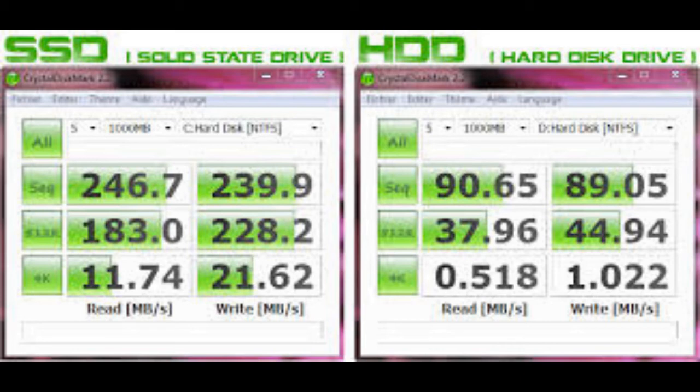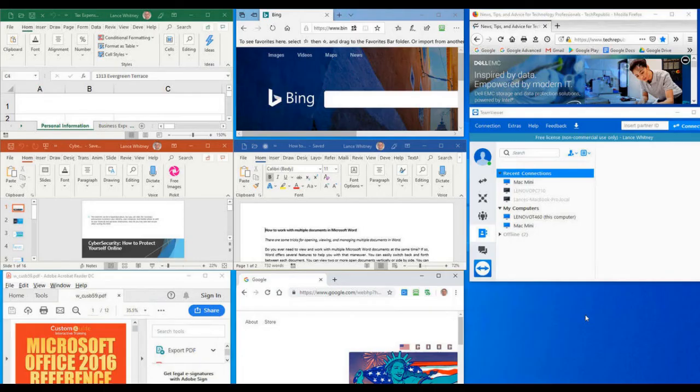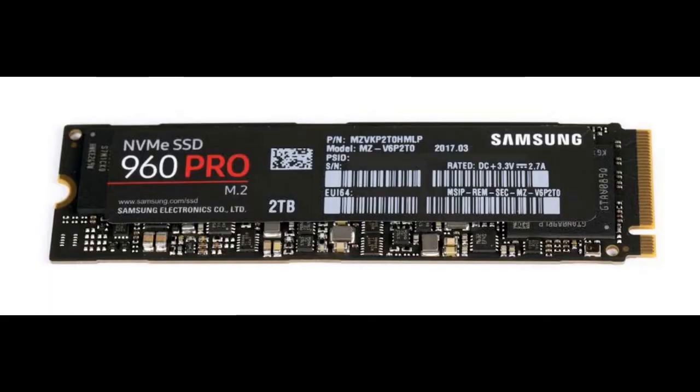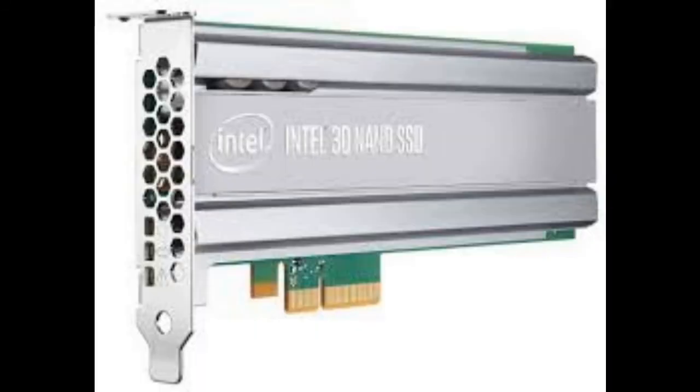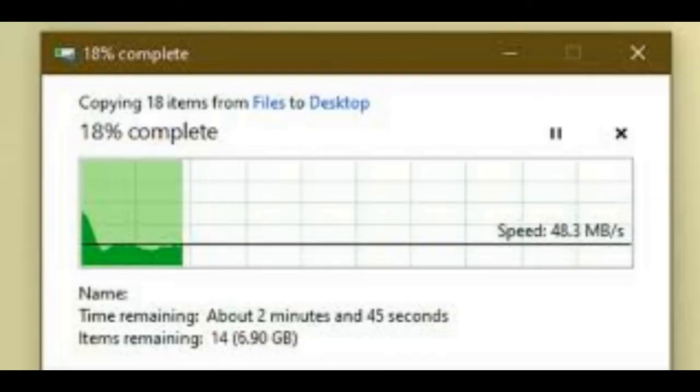At a time you can play any of the things. You can read one side, you can see movies, you can play games, so we can do multitasking in SSD. And when we talk about the bandwidth of this SSD, it's going to be 7000 MB per second for reading and writing. Both reading and writing is going to take 7000 MB per second. When we talk about the copying of data and data transferring,